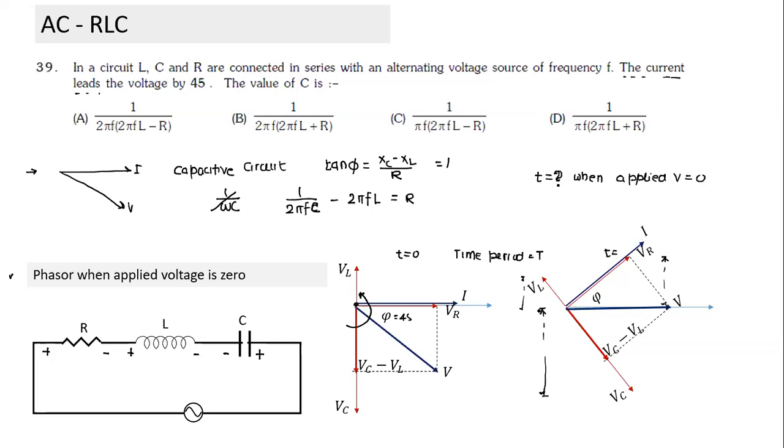Okay, so if I ask you what is the minimum time it will take for the applied voltage to become maximum? How much angle does it have to rotate? See, you notice here, the applied voltage is 0, still all of them have non-zero voltages. How is that possible? The net still has to become 0. So if you check this and draw the phasor, I think last week also we did this exercise, it will come to 0. Okay.